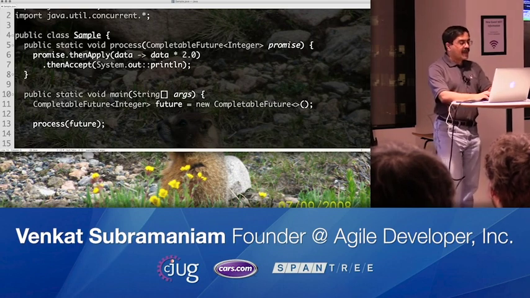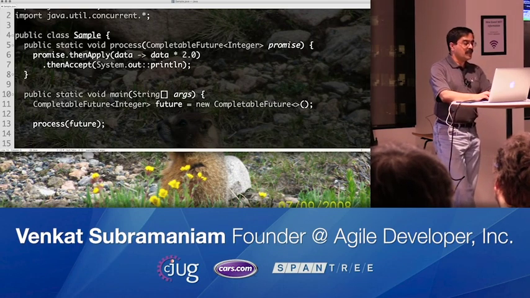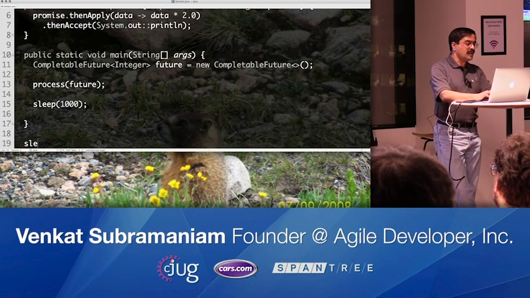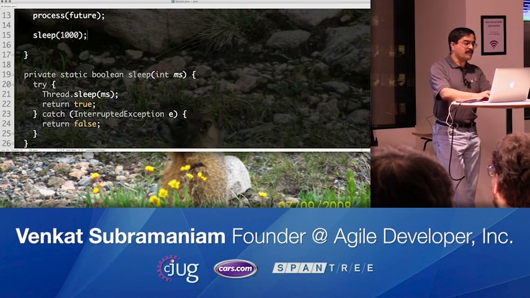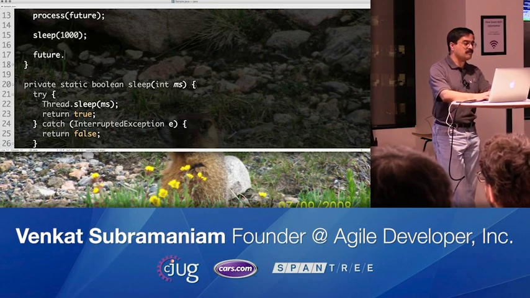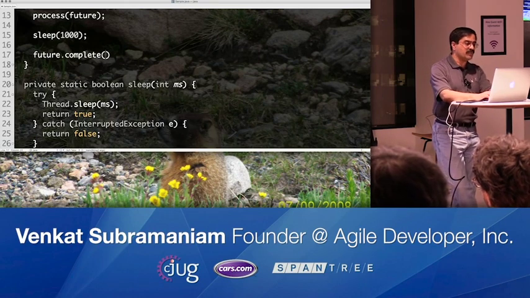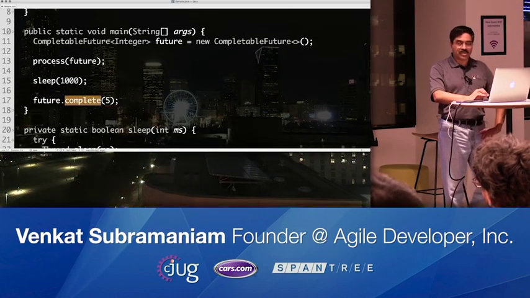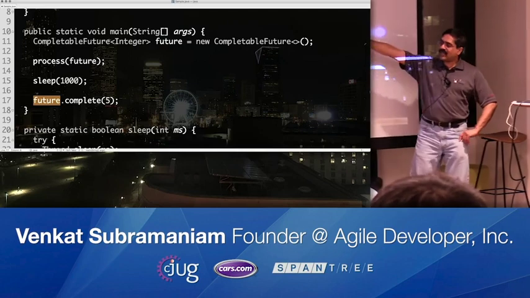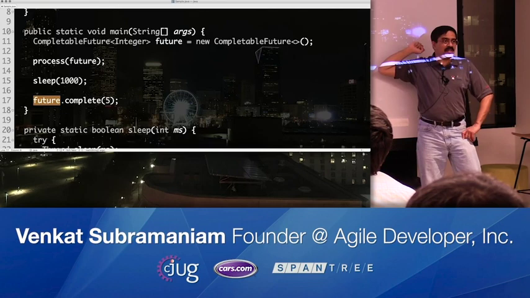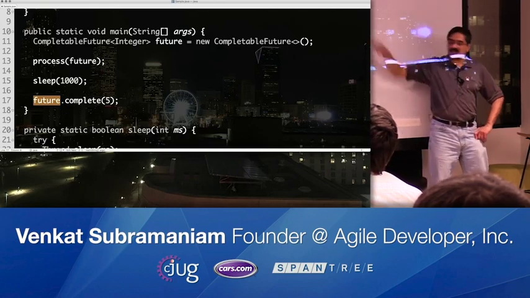So what am I going to do now? Well, in here I'll take a little siesta, let's say sleep about a second, and after a second delay I'm going to pretend that I did some work here, and I'm going to say future.complete, and I'm going to pass the value 5 to it. Now when I call the complete function on the future, this could be entirely another asynchronous operation I could potentially call into, and when that finishes the work I could then push the data through this pipeline.